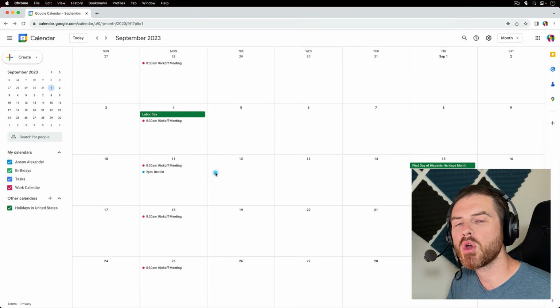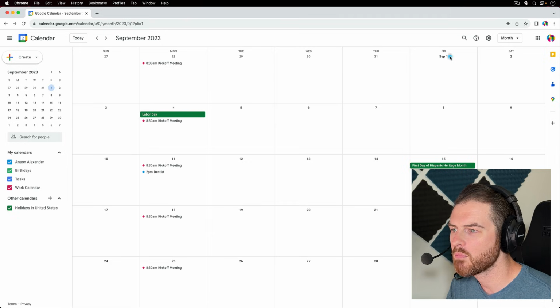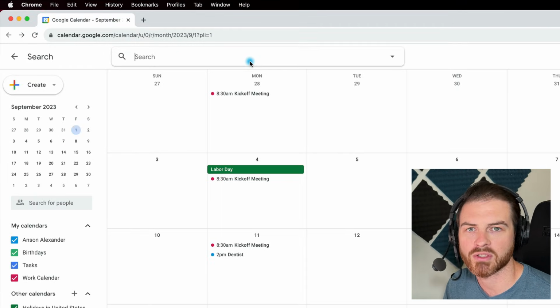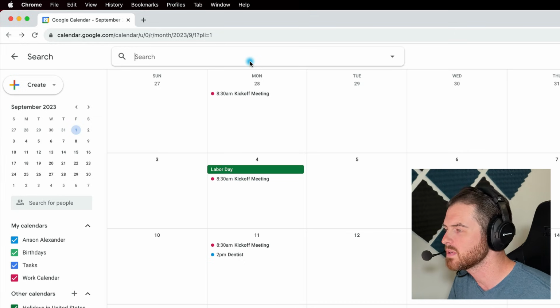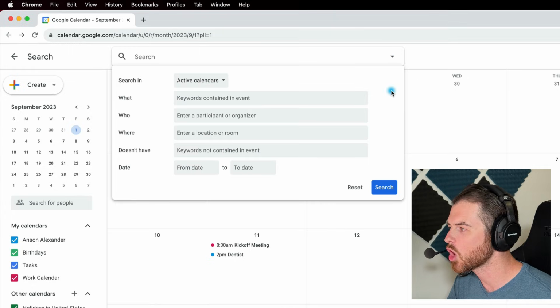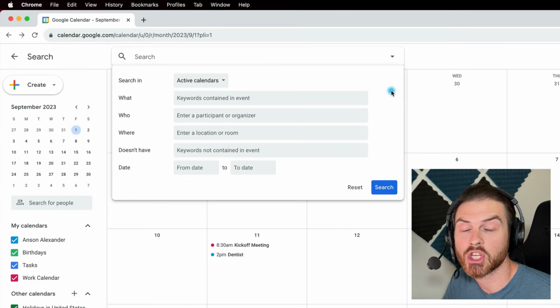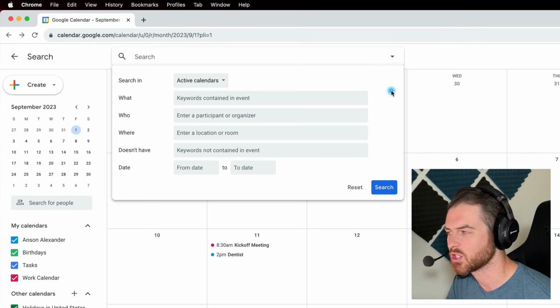There are just a few more things that I think you're going to find useful. First of all, up here at the top right, remember that there's a magnifying glass. And if you click on it, you can search for your events. So you can search by the people who are invited to the events, the name of the events, the description. And if you click on this little arrow over to the right, there are even more options about searching for who's in the event or where it is or the date range that it could be in. So if you're having trouble finding a particular event, this is very powerful. Do not forget to use the search feature.